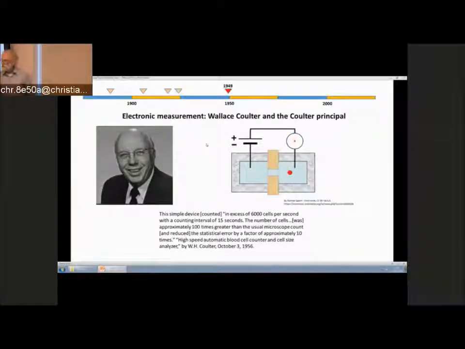So Wallace went back to his garage, and he said, there's something I need that I just don't have. And he figured out there was a better patent attorney. And he went on, this is the Coulter, he got a patent, this became the Coulter counter, and then Coulter Corporation and Beckman Coulter all come. But look at what this does. He says the device counts in excess of 6,000 cells a second, rather than 500 in half a day under the microscope method. So now there's tons of data, but there's really no way to deal with it in the